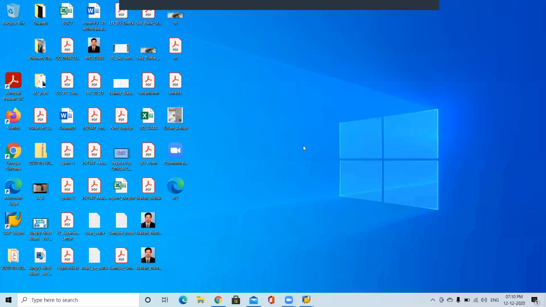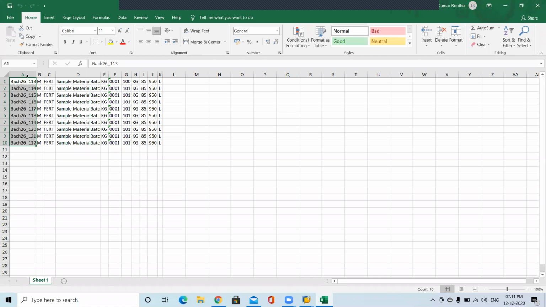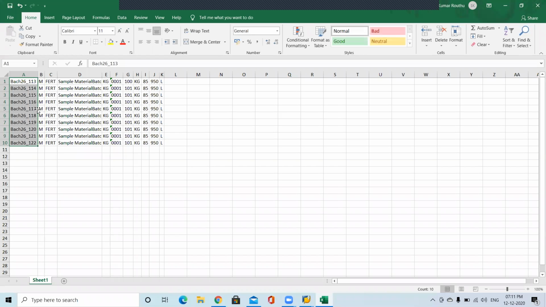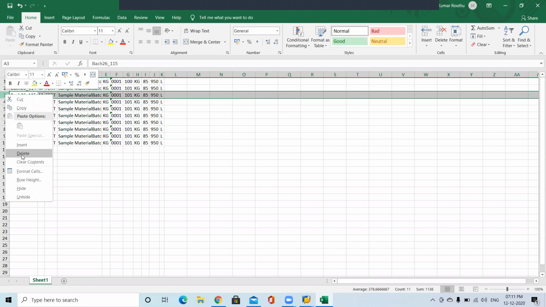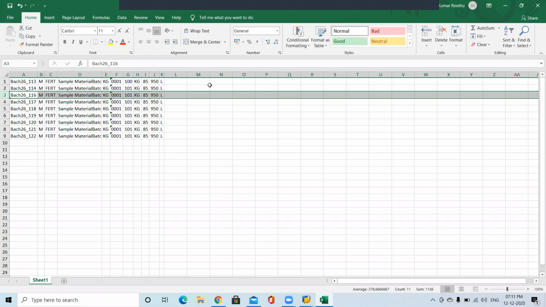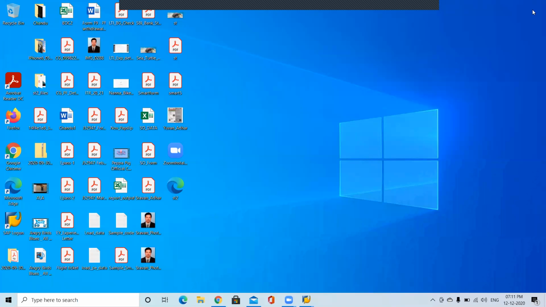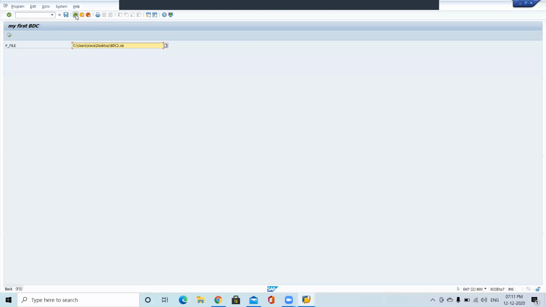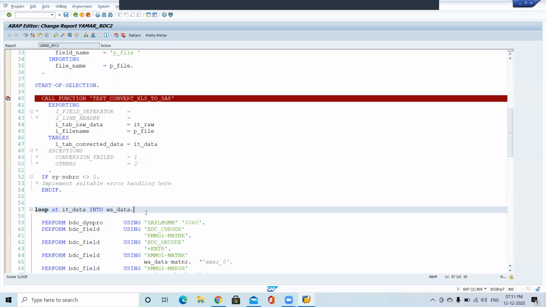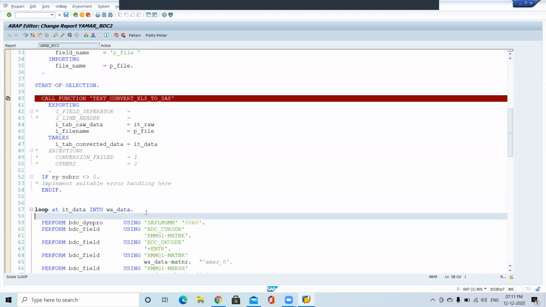Yes, sir. Where is our file? Once again we'll open the file. Okay, I just remove this 115. Delete. Saving. I think in your program you missed something. Loop at IT underscore data, and